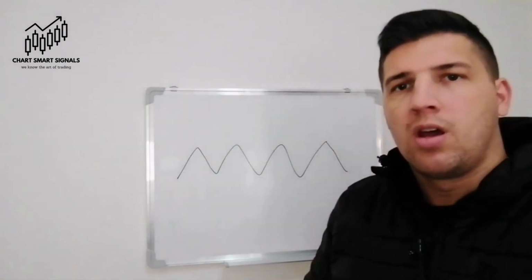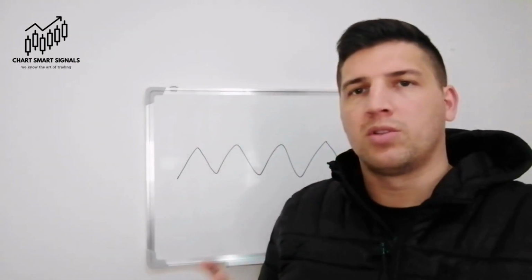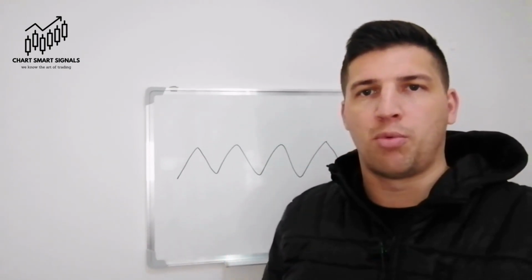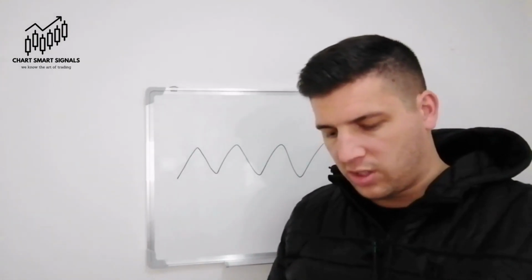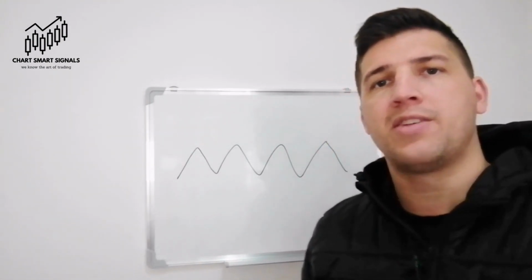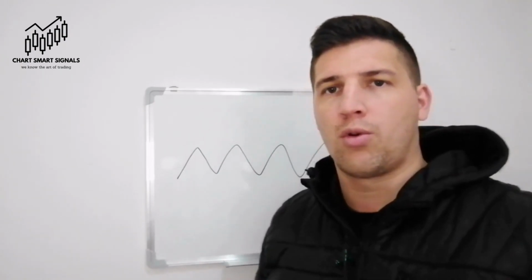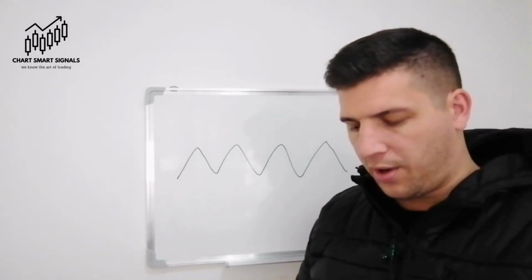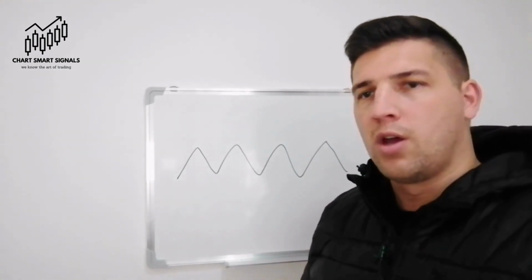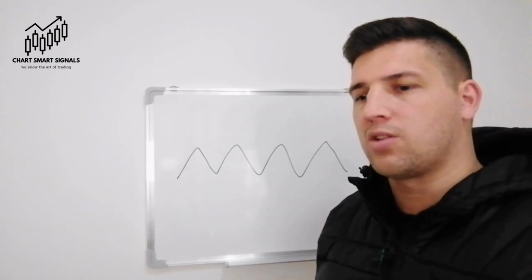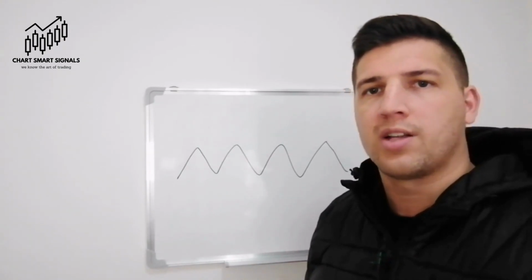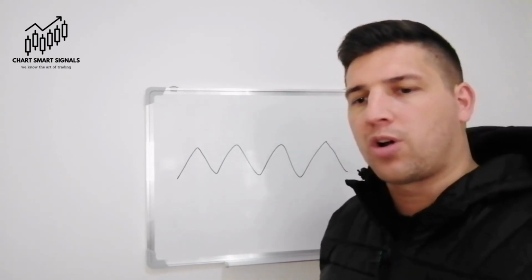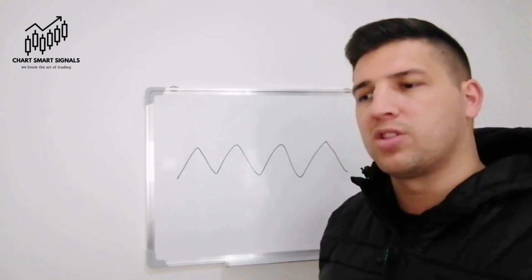Now remember, the market structure will never look exactly as a drawing or as a textbook illustration. It will always look a little bit different. In a later clip on our channel, we'll be taking you through some examples on the live chart where you can get a feel and understand exactly what to look for and how to understand the trend, and we will start drawing trend lines and getting into that in a bit more detail. For now, we just want to understand the three market structures and what sort of positions we'll be looking for